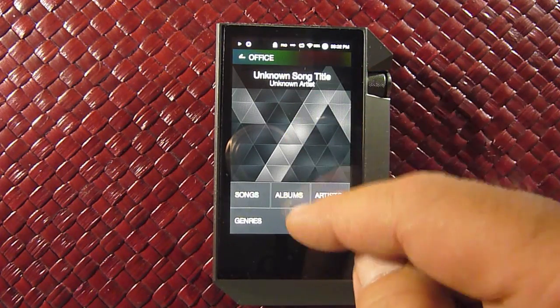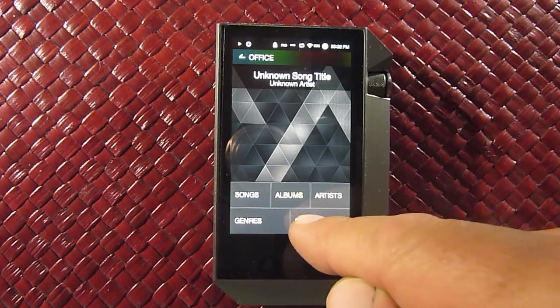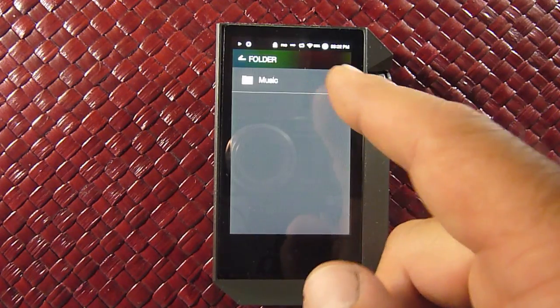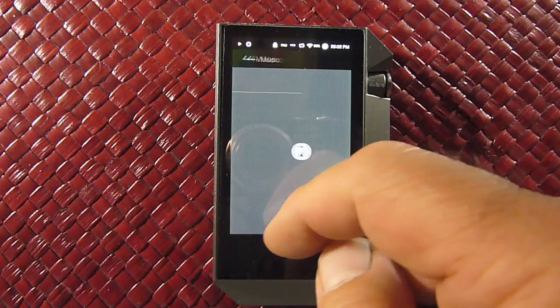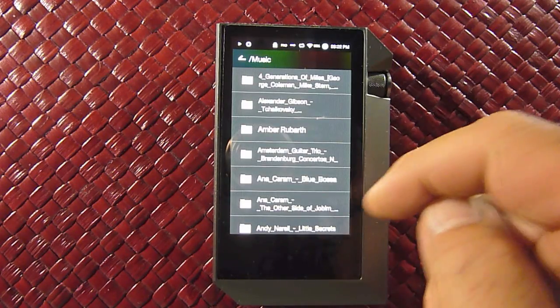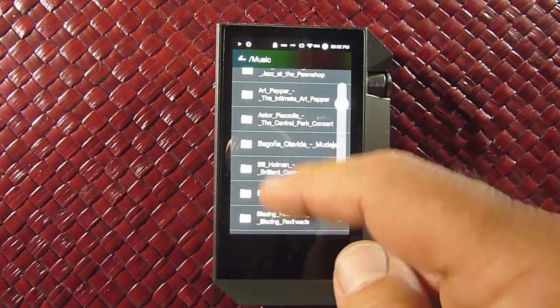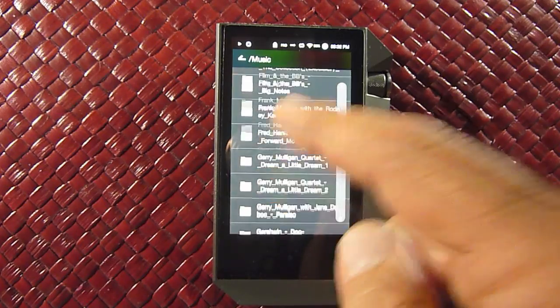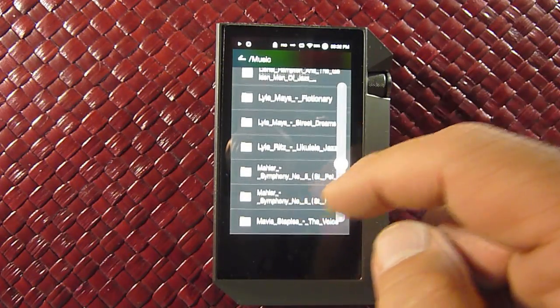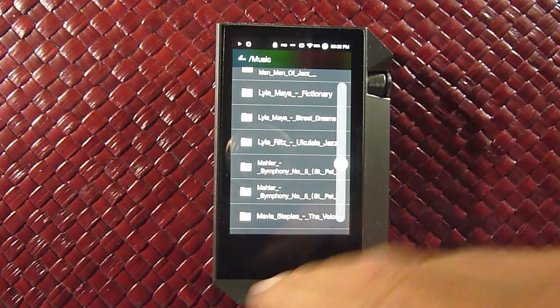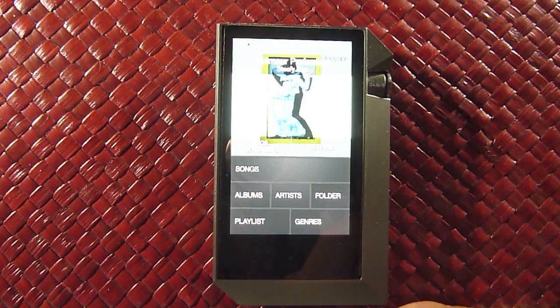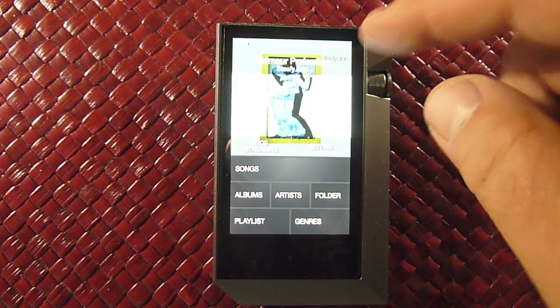So now we're looking at my MQS server, and if I look at the folders now, it's only going to have one folder, which is the music folder on my server. And so now this is all the songs that are on the server folder that I've mapped over to that drive at the moment. Alright, I'll go back to the main screen here,